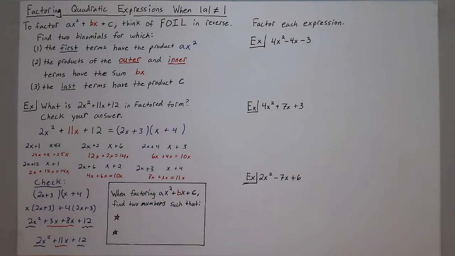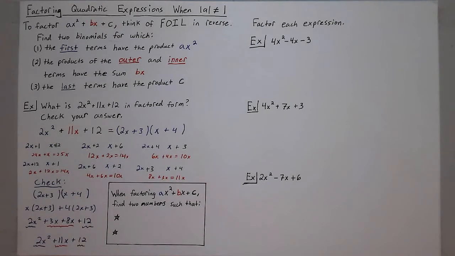So now, the two numbers we should probably look for, we want them to still add to 11, but 3 times 8 is not 12. But if we look at A times C, what's 2 times 12? Well, that's 24, and 3 times 8 is 24. So there's our pattern. This step right here in the middle, finding these two numbers, is the key to factoring